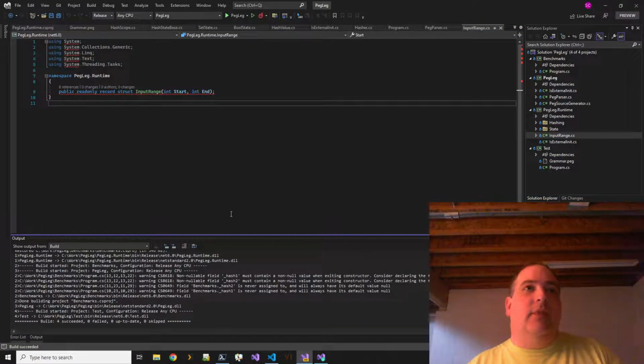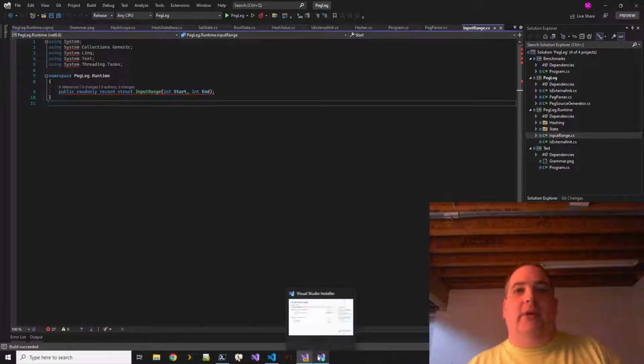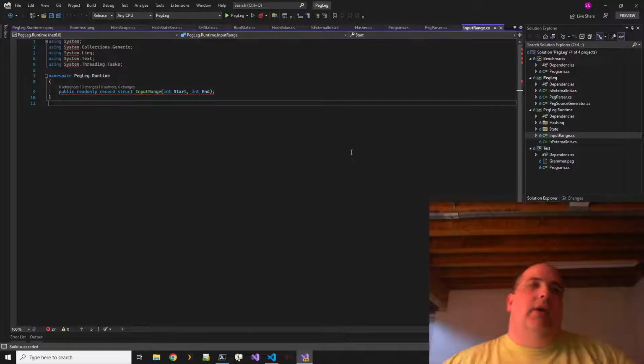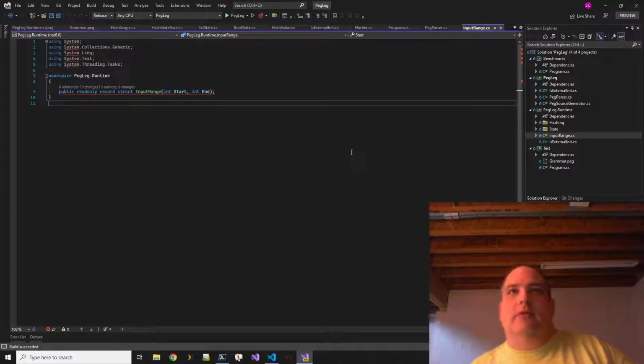There we go. Well, it's building anyway, even if the UI is giving me errors. So this input range, you know, it's really just a range, right? Pretty much the same as the range type.